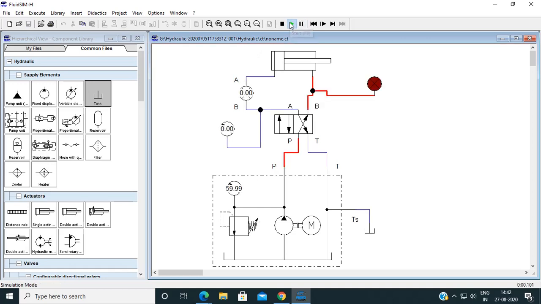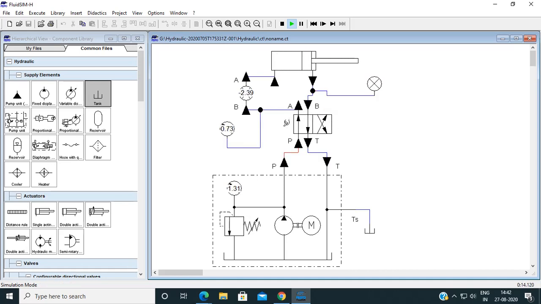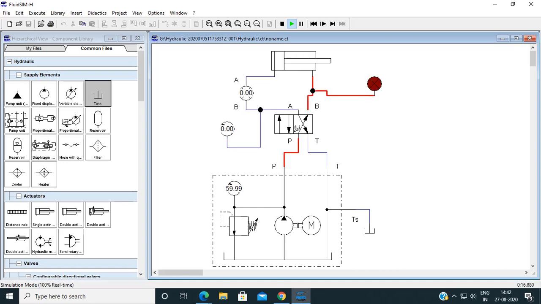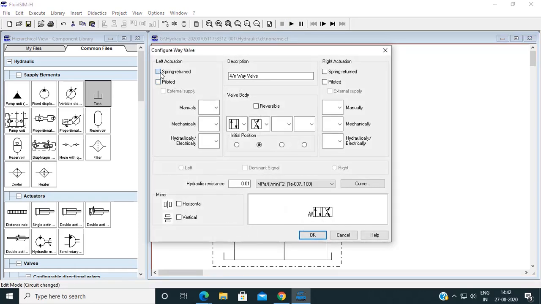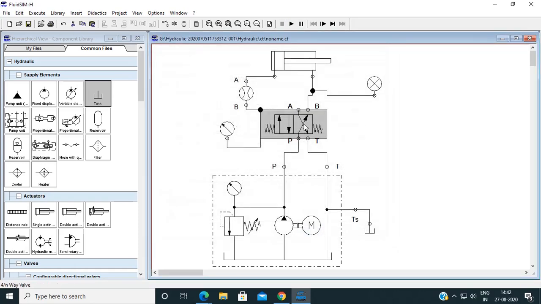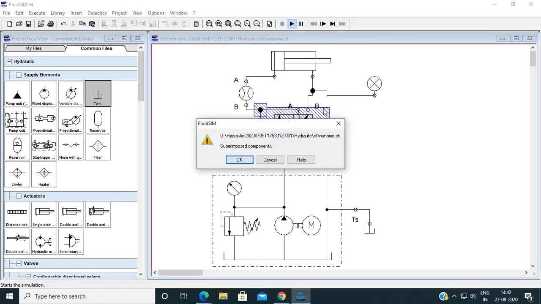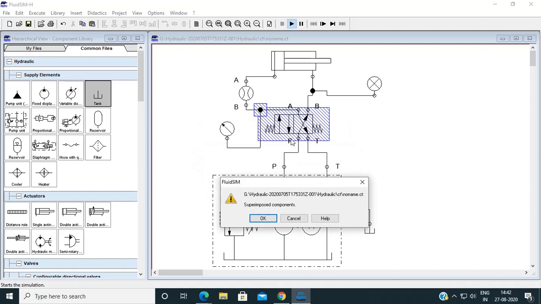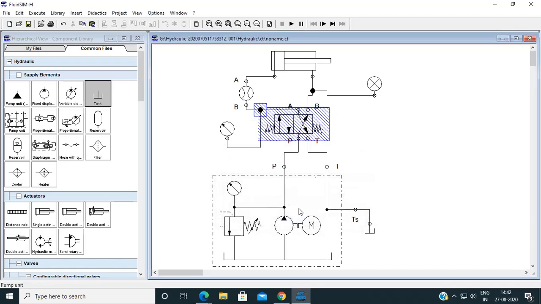Now click on animation. See, this is showing a red portion, that means it is a pressure line. If I switch, I can see how much pressure is there and how much flow is there. Suppose I actuate it, spring return, here also spring return. Now when I actuate it, it is showing overlapping, that means some portions are overlapped, so I need to clear it out. So this should not be there.